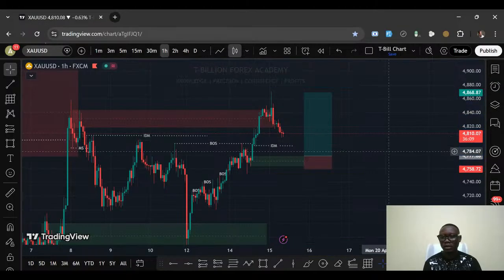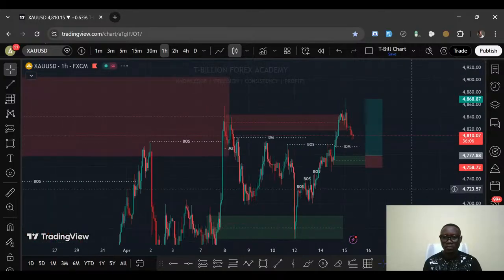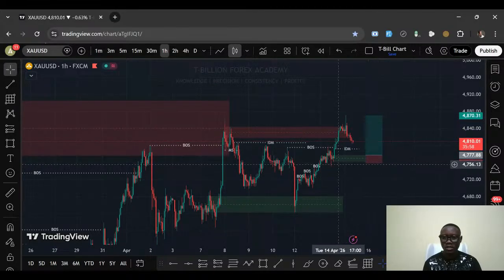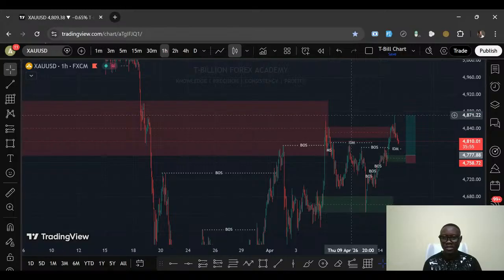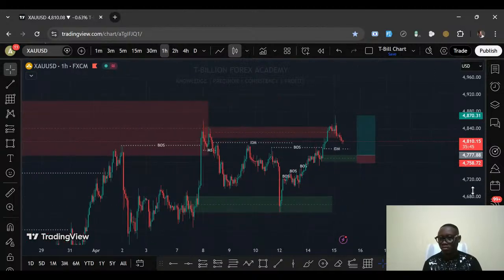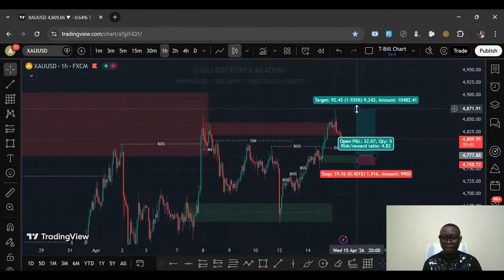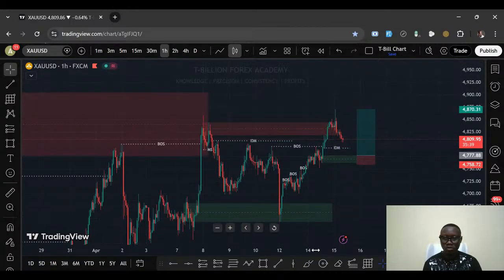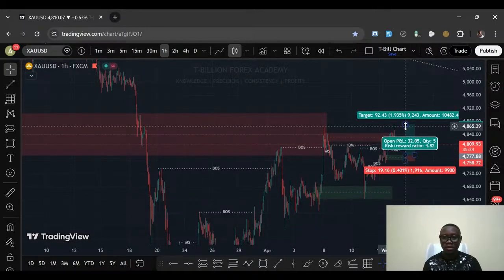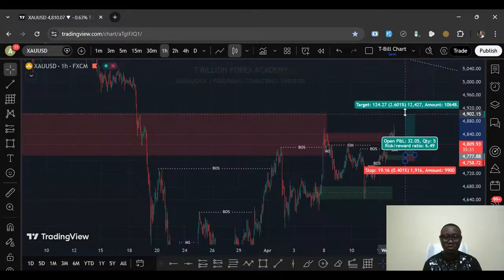Now, the reason I'm a little bit conservative on my TP is because price is currently reacting on the 4H breaker block zone. That's why I'm not being too aggressive or too ambitious with my take profits. Otherwise,